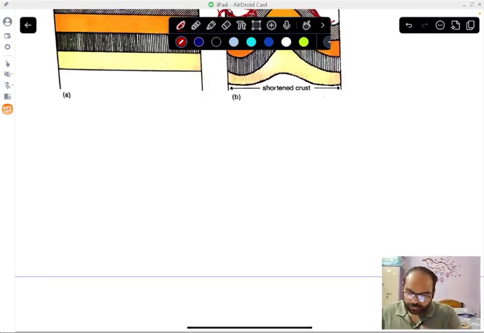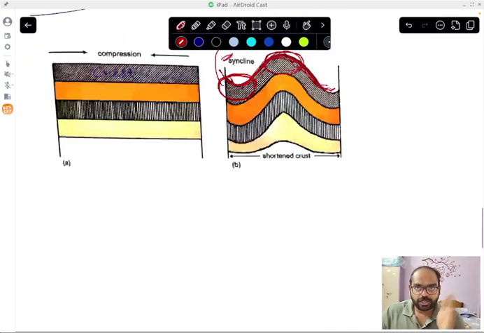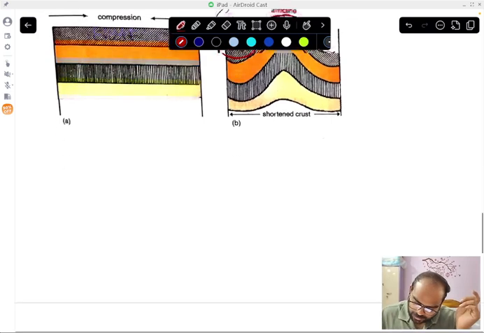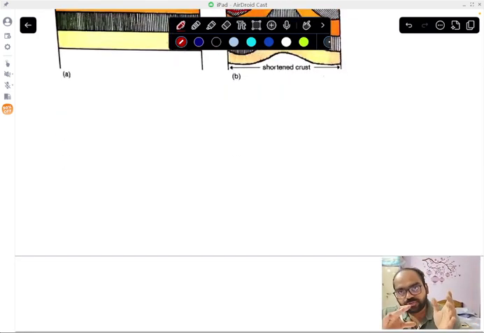And here the crust is shortened. There is shortening of the crust during a convergence or compressional movement. So due to this folding, a series of fold mountains are formed on different parts of the earth. We will look into what the important fold mountains are. But initially,